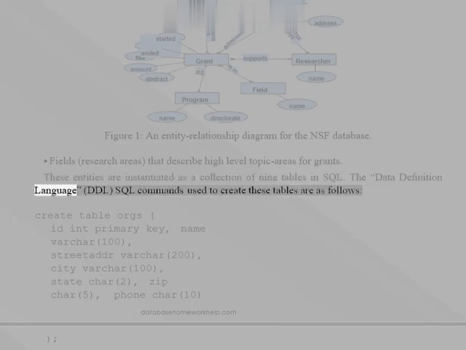The data definition language, DDL, SQL commands used to create these tables are as follows: create table orgs (ID int primary key, name varchar(100), street address varchar(200), city varchar(100), state char(2), zip char(5), phone char(10),